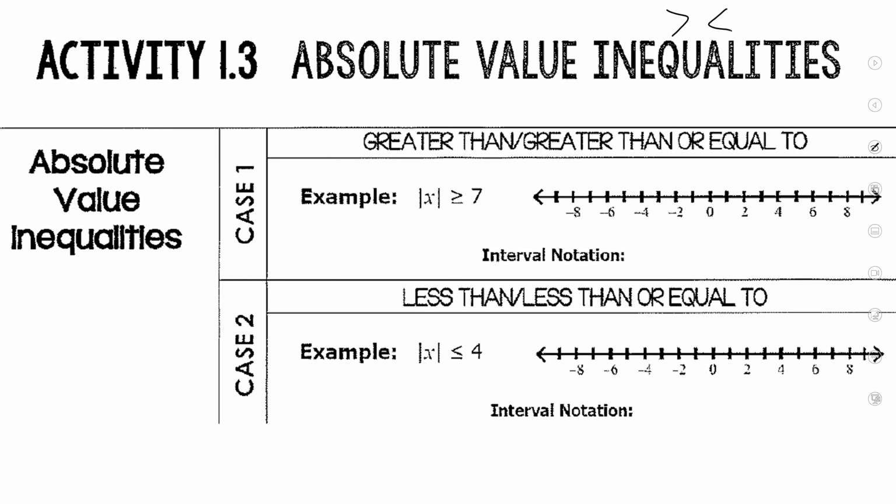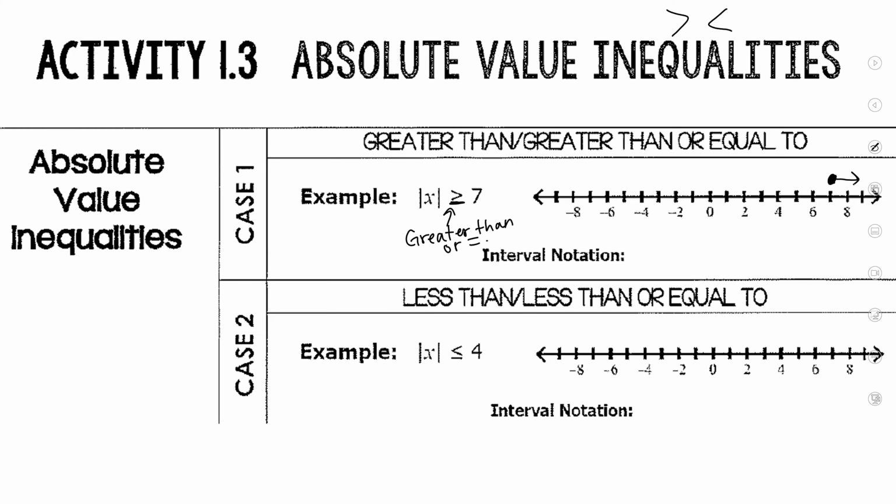So in this first example, this says the absolute value of x is greater than or equal to 7. This is the greater than symbol, greater than or equal to, okay? That's what that symbol is. So basically, guys, we're going to go to number 7, and this will be a closed circle at 7. The reason why it's closed is because x can equal 7, okay? And I want the numbers that are greater than 7, so that would be to the right of 7. So draw an arrow to the right. That means x can be any number that is bigger than 7,